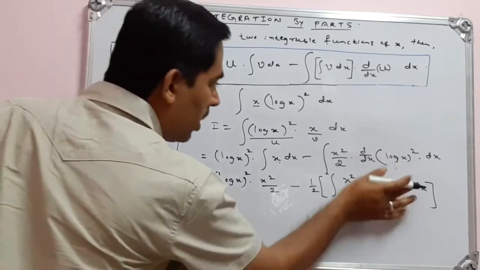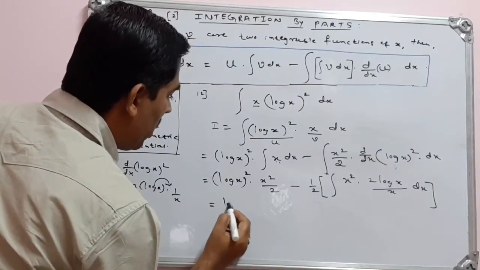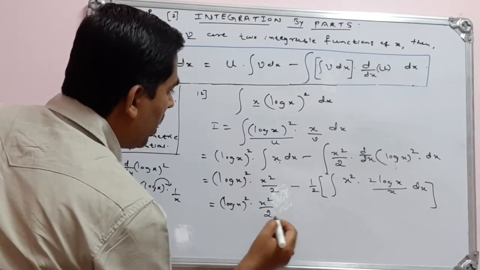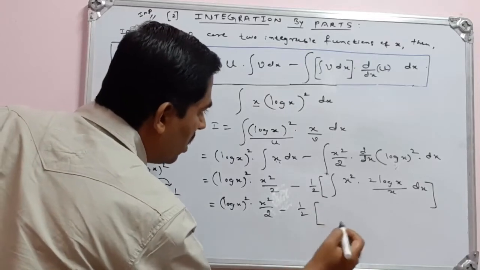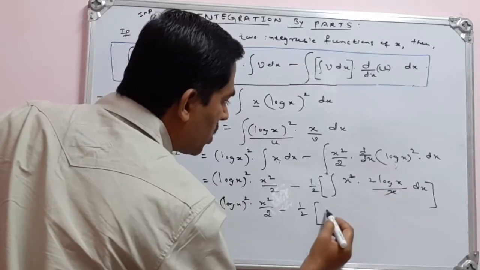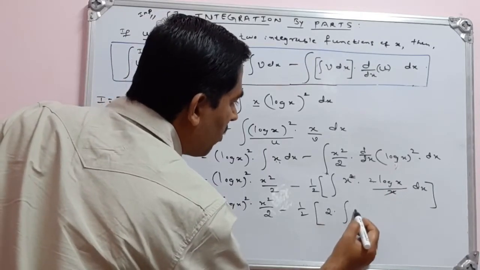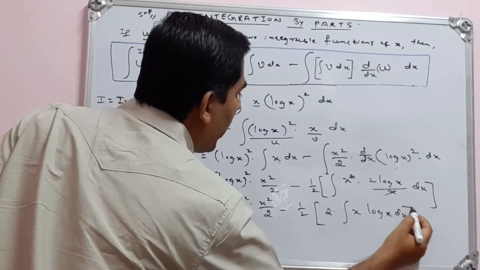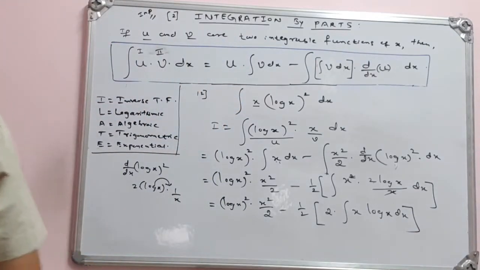Okay, observe carefully this quantity. Then let me continue here. See, this portion is over. Log x whole square into x square by 2 minus, I will write this half as it is. Then observe this, 1 x gets cancelled. You take this 2 outside. This 2 comes here into integration of this x. See, x log x.